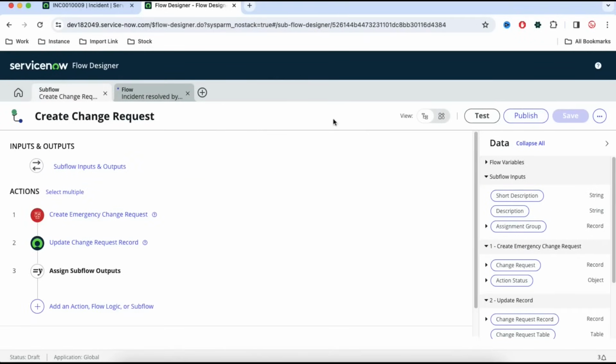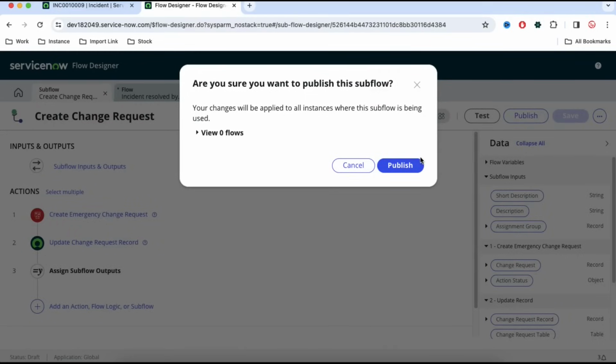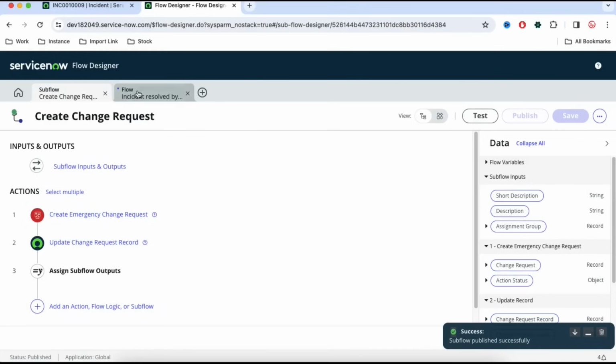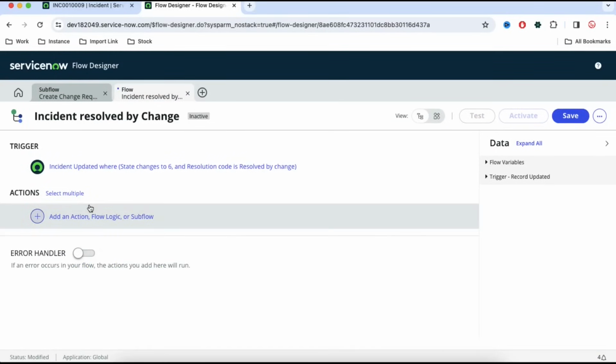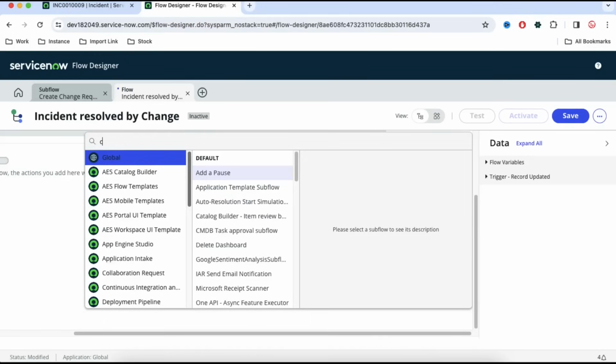Because this subflow is right now saved, but it did not publish. So we should publish this subflow. I'll just publish this subflow and then go back to this flow, and then let's try to search again. I'll click the subflow and then search that create